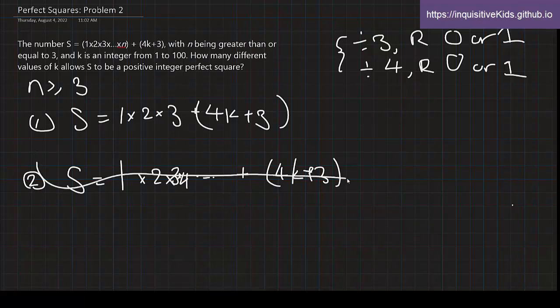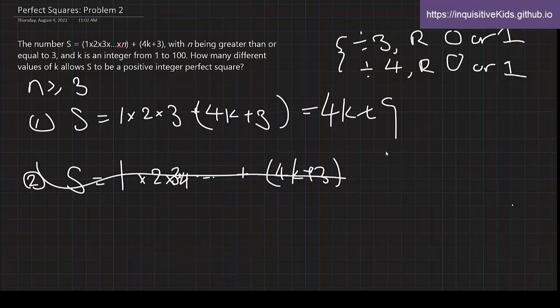Our only hope is this first scenario, where let's first simplify this. 1 times 2 times 3 is 6, plus 4k plus 3, which gives us 4k plus 9. Okay, so then in this case, s is equal to 4k plus 9. So this is equal to a positive integer perfect square, and k has a range from 1 through 100. Well, because 4k has to be even, and then you add an odd number to it, this final sum must be an odd number,